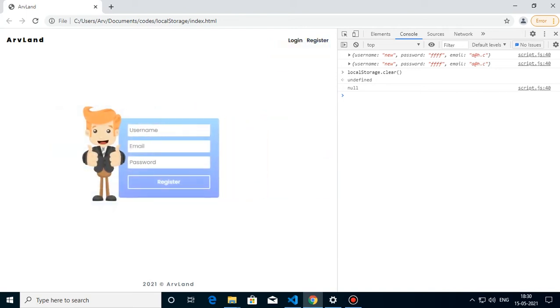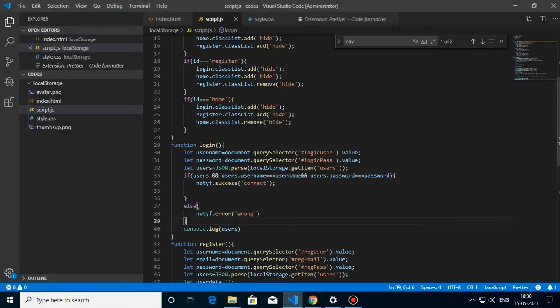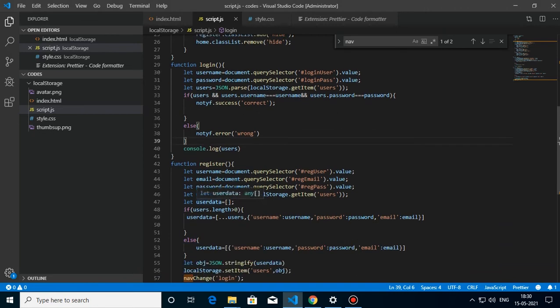So now I'm entering a new user, new at g.c, aaa, register. Cannot read property length of undefined. Why? It's because we have cleared the local storage, so it won't be returning anything here.